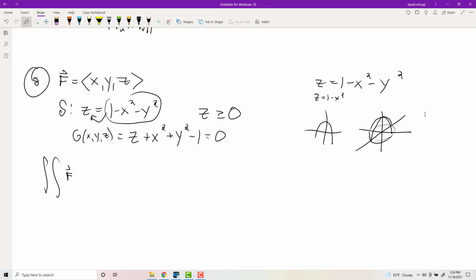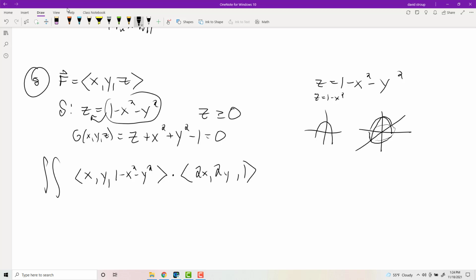Okay, so here I go, f dot n. So what the heck is f? I shouldn't have written that f symbol there. I'm going to have to erase that. But as you see, as I put in the vector for the force field, I'm not writing z, I'm writing 1 minus x squared minus y squared. So I finally figured out I have to erase the big F. And then I'm dotting it with